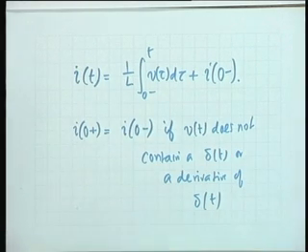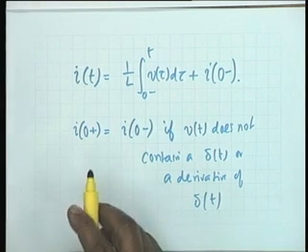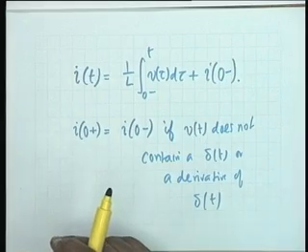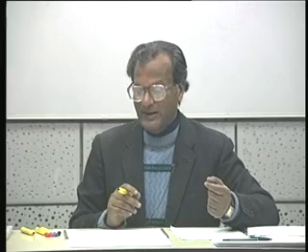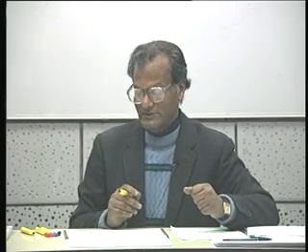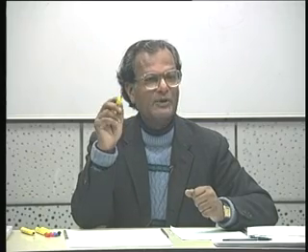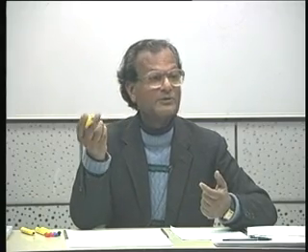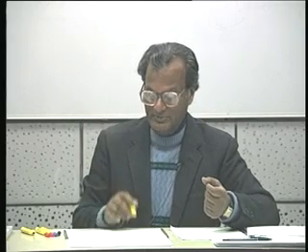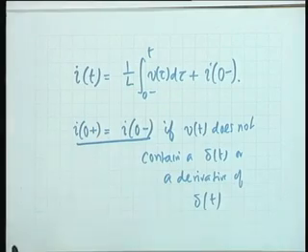Which is another way of saying that the current in an inductor cannot change suddenly. The current in an inductor at 0 minus and 0 plus should be the same unless it is forced by an avalanche of voltage. You see, in the integral of v tau d tau, if v tau is delta tau, then the integral is 1 from 0 minus to 0 plus, and then of course the current has to change. So unless that happens, i of 0 plus equals i of 0 minus.